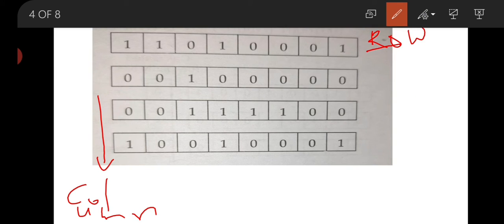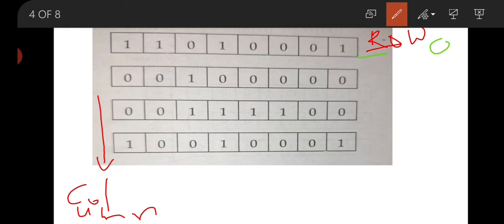First, we calculate the row parity bit. Suppose we are going to check even parity. Then we have to make the number of ones even. So count the number of ones: 1 2 3 4. That means there is an even number of ones, then the row parity bit is 0.